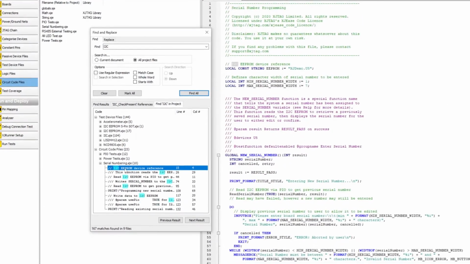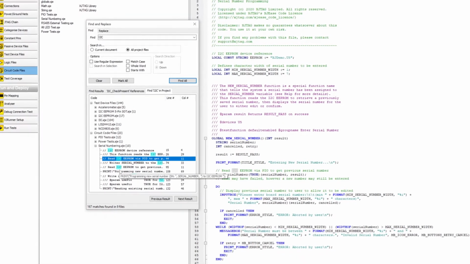In there, you'll see all the lines where the text was found across the project, grouped by file type. Again, clicking on a result opens the relevant file with the appropriate place highlighted. The hotkey Ctrl-Shift-F also takes you straight there with the project-wide option selected. Just click Find All to get your results. That all means your work developing tests just got easier.